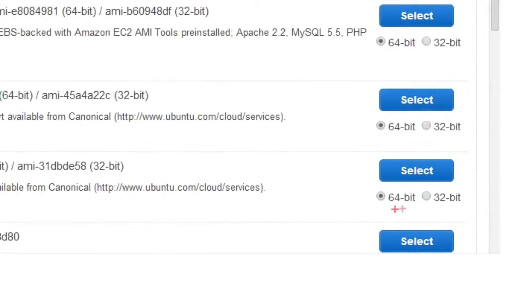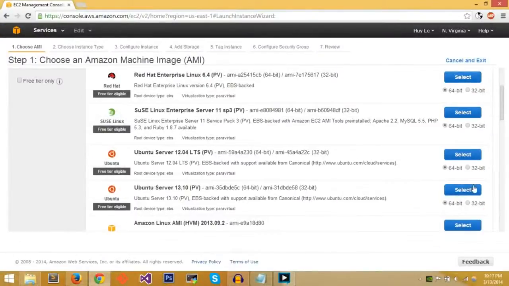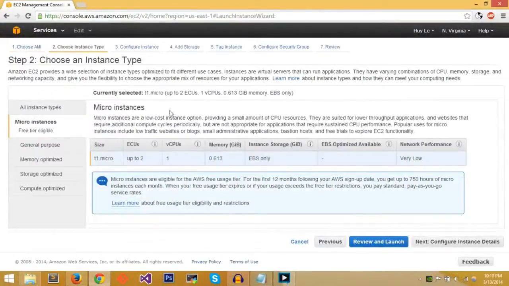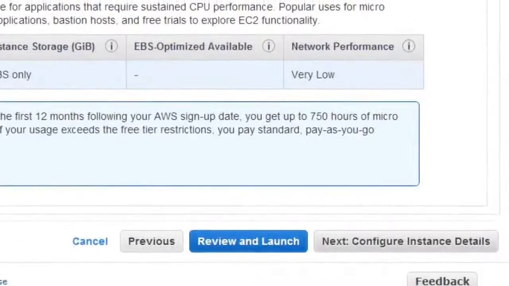And you can also pick 64-bit, 32-bit. I'll just leave it 64-bit for now. And you select. Now you can customize the micro instances. You'll see some information. Micro instances, the low-cost instance, providing a small amount of CPU resources. Now I usually just leave this default. If you're not doing anything extensive, the network performance and this micro instance should be good enough. But like I said, if you're running something more complicated and with a lot of users daily, then you would require a better tier. So you can just go down here and next configure